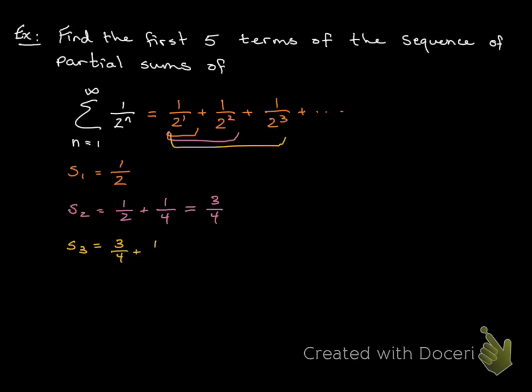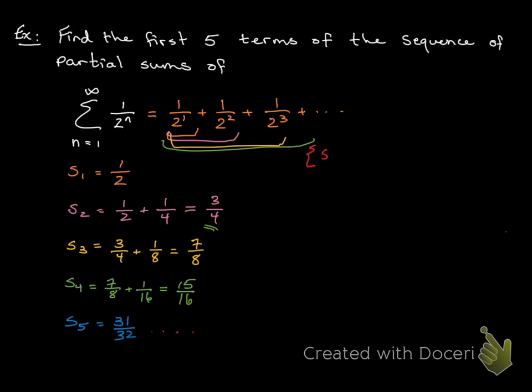So I can actually use 3/4 because that's the first 2 terms added together, and then I'm adding 1/8 to that to get 7/8. The fourth term in my sequence of partial sums, S4, is taking 7/8 and adding 1/16. I get 15/16. If I go out one more, I should get